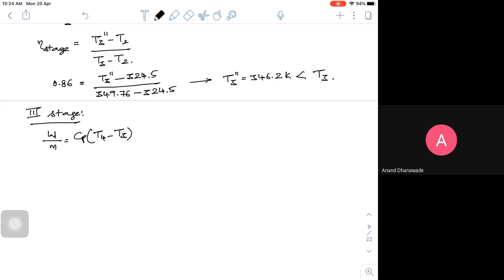So this is 25 into 10 to the power of 3 is equal to 1.005 into 10 to the power of 3 into T4, which is supposed to be calculated, minus T3, which is 349.76. So 25 divided by 1.005, if I take it to this side, plus 349.76 if I do, I will end up with T4 is equal to